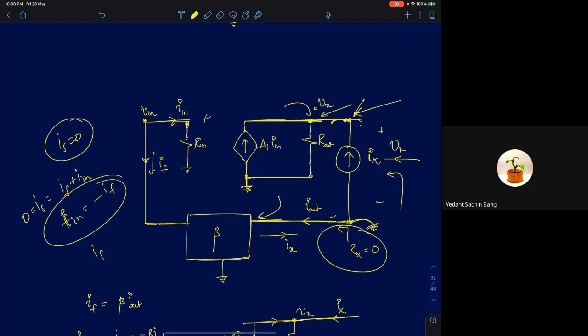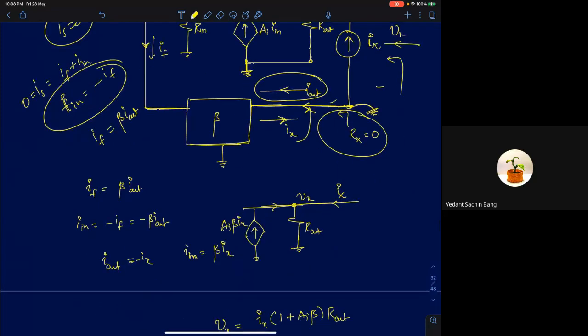If your feedback current is generally given by beta times I out. If you recall, our polarity for I out, or the direction of current, was in this direction. But now Ix is minus of I out because the direction is reversed. So if I substitute Ix as minus of I out, I will get